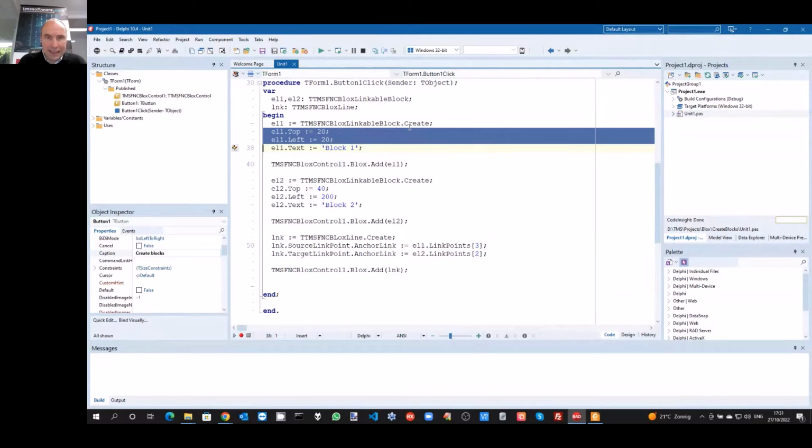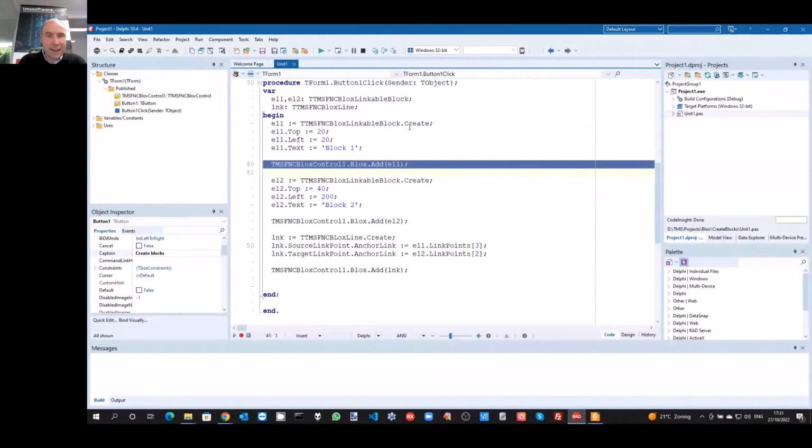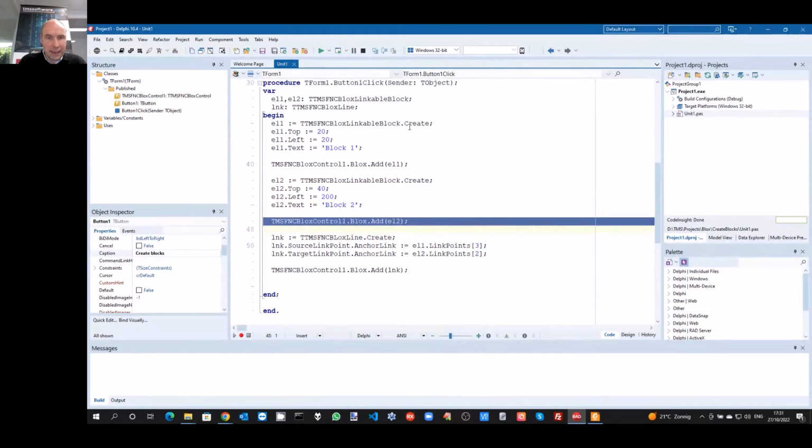Then I add some default text within that block. Finally, I add the block to my blocks control in the array of blocks element with the blocks.add command. Then I simply create a second block, a little bit more to the left, with some text in it, and I add it to the blocks control.